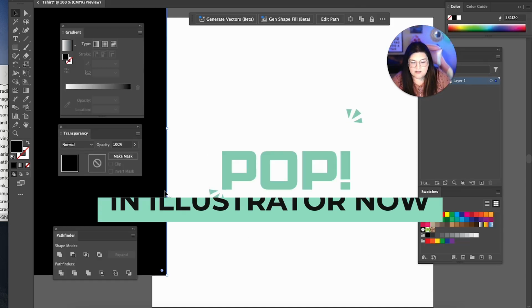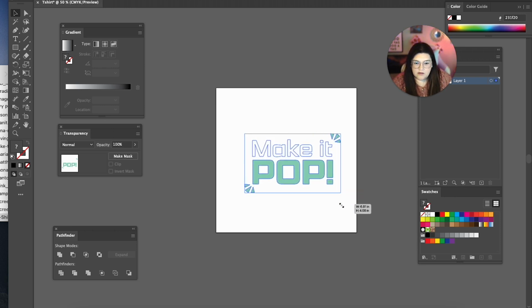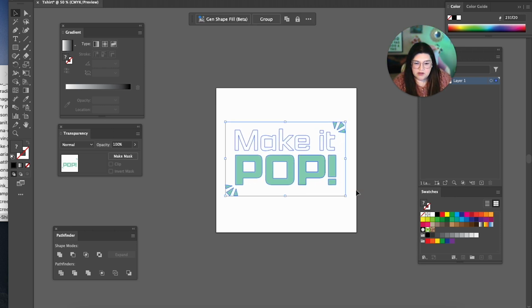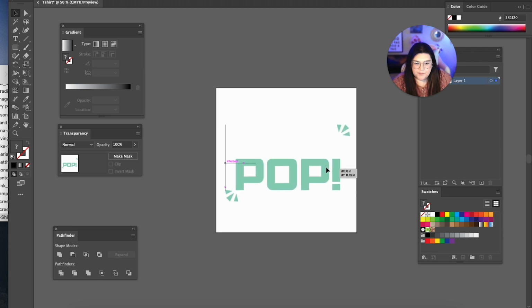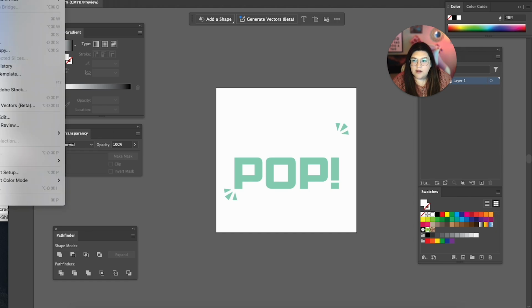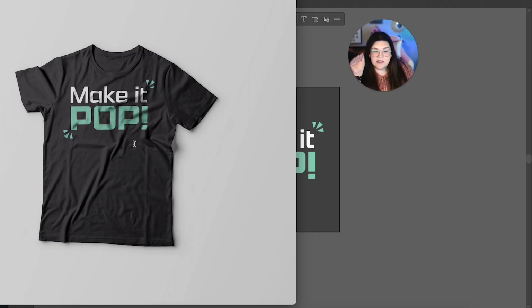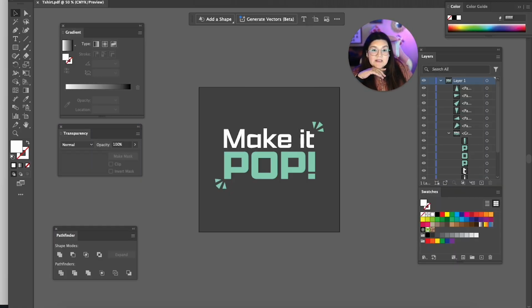So let's say yes, that's what they wanted. I'll just make it a little bit bigger. And then I would file. I would send the printer this file, this is the client's one, and then I would save the vector PDF file so that they have, and they can separate those two colors. So that's how I would